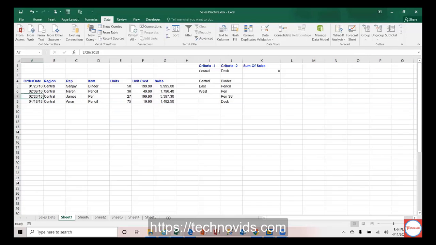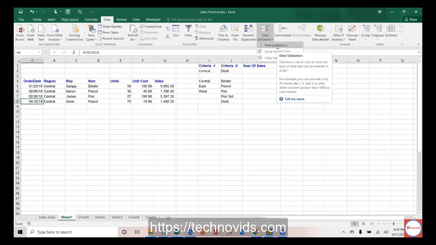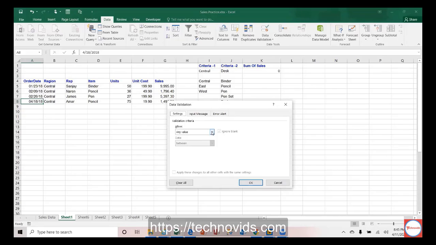That's when data validation comes into the picture. I'm just taking the list for now. There is a lot of data validation; it would probably take about 2 hours to explain all of it. Data validation is a concept in Excel which is available under data. You can validate all types of data, like text data, number data, date data, any type of data. We can apply a validation rule so that only valid data is entered. We are going to see only one type of validation, which is called list.